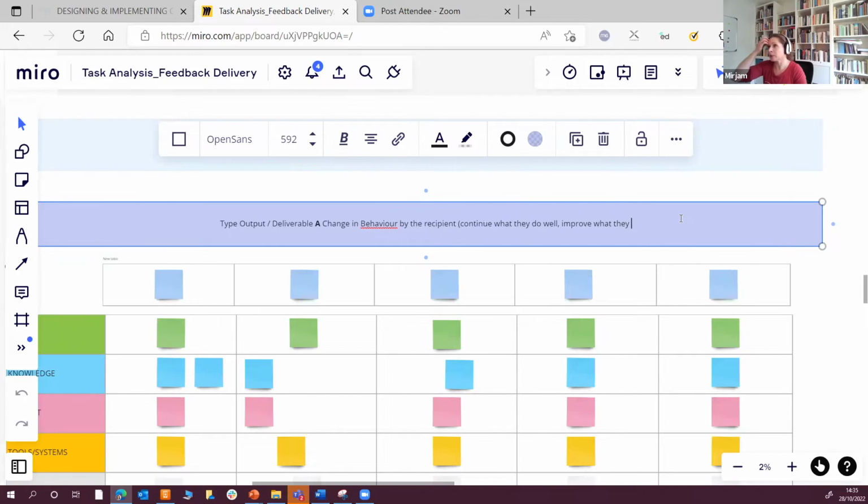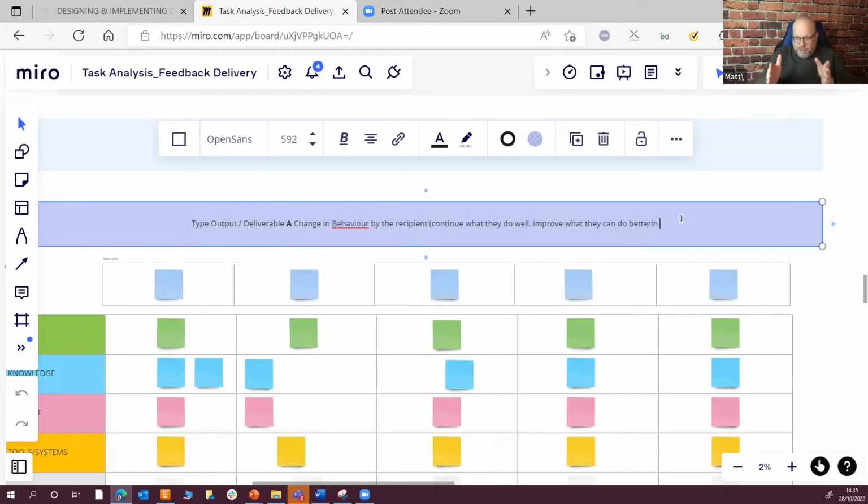Okay, yeah. So the deliverable always depends on the person you give feedback to, right? Yeah. The deliverable is always in the context of their work. Or the performance. Yeah, the performance. Is that how you would word it? Exactly. You should see continued good performance, or you should see something fixed to make the current performance better. Okay. I'm just going to leave it.